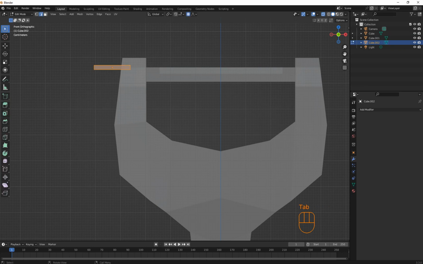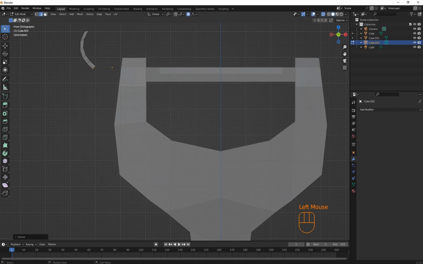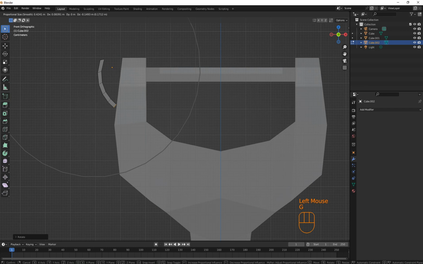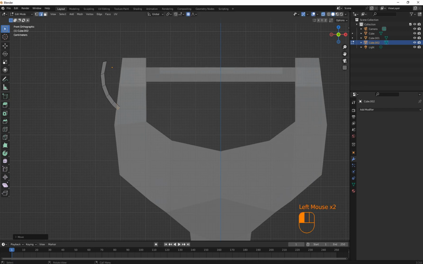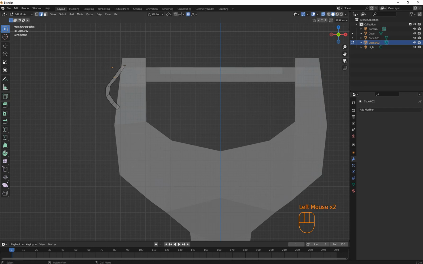So tab, edit mode, Control R, and we're gonna break it up into that amount of pieces, and then proportional editing on, select that, G, sorry, R, like that. All right, that's good. G, make it smaller, smaller, smaller, like that. All right, R,